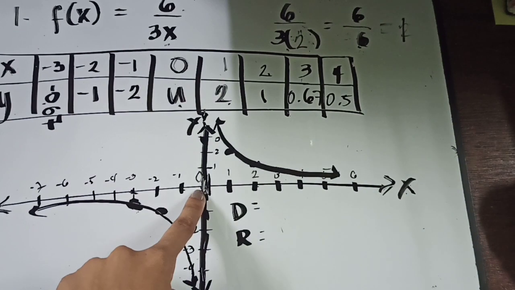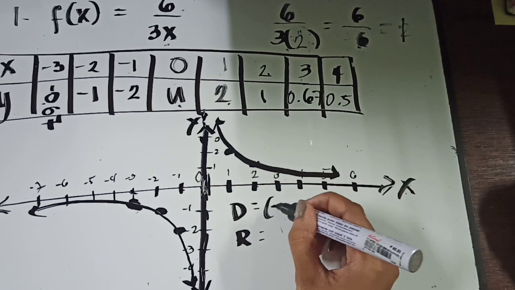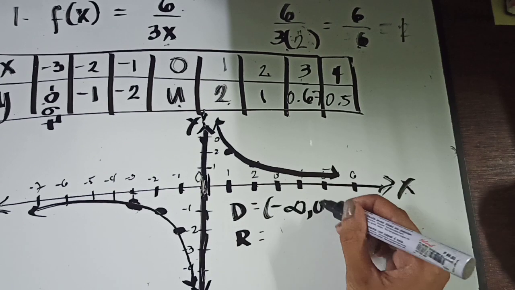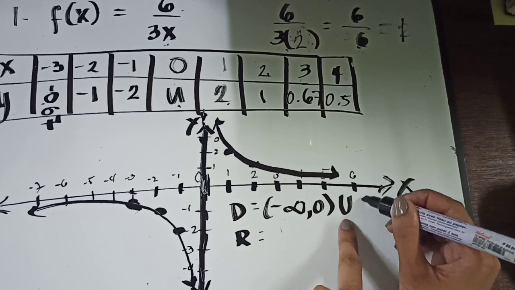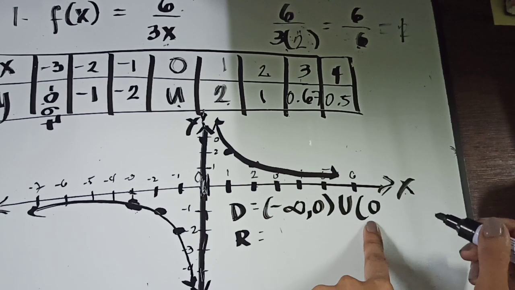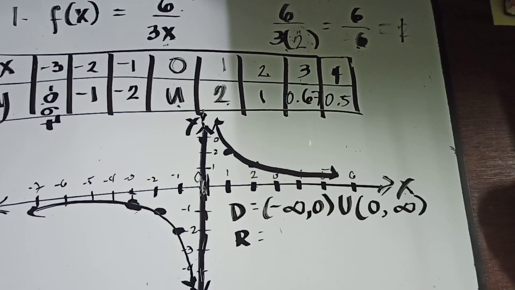undefined yung makukuha natin. So, ibig sabihin, ang value lang ng domain ko is negative infinity, 0 which is the restriction, union, 0 which is the restriction, up to positive infinity. So, that is the domain. And for the range naman po,